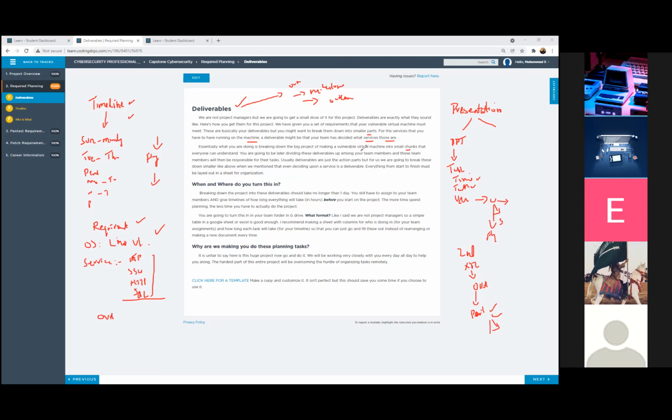The single milestone is by the end of the week. Weekly is a milestone, and the deliverable is daily. Everyone can understand that you are going to later divide your deliverable among your team members. So now, for example,